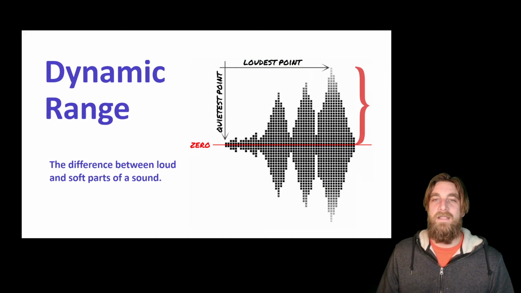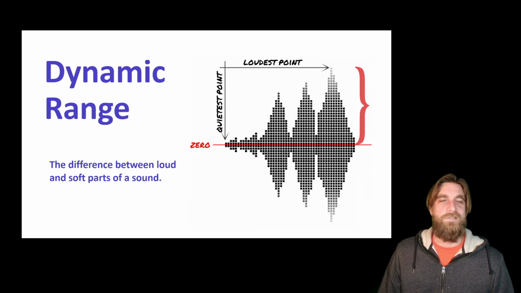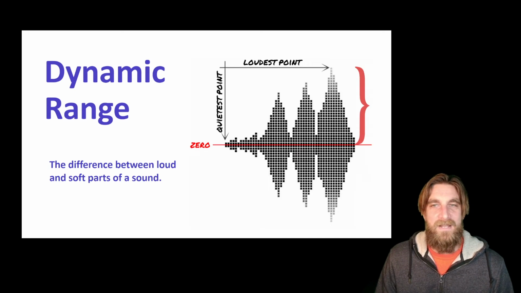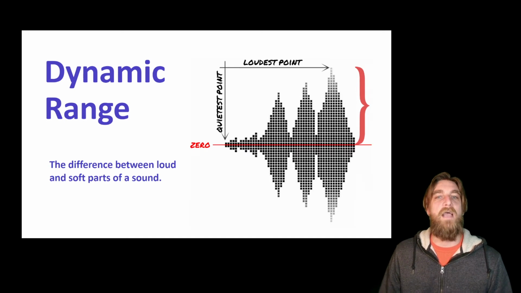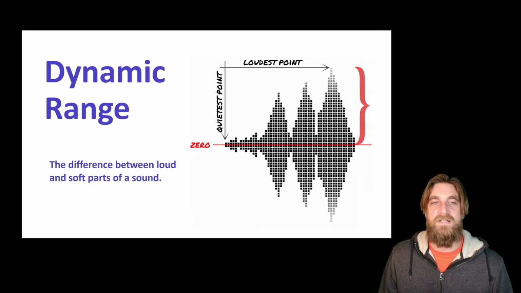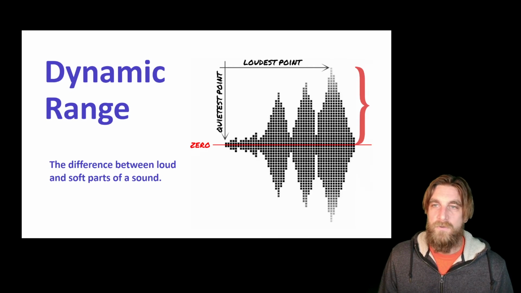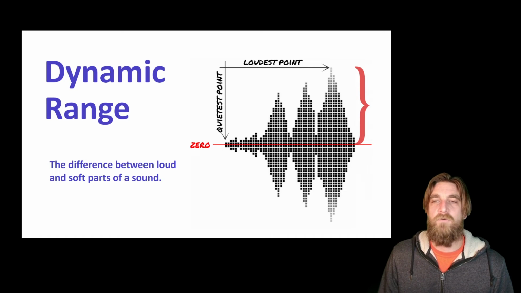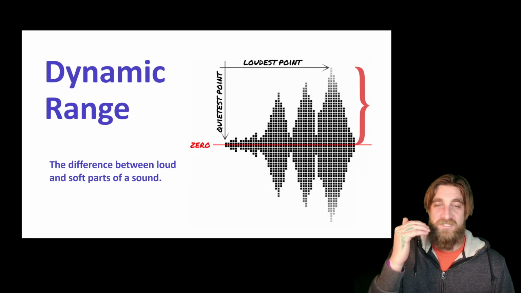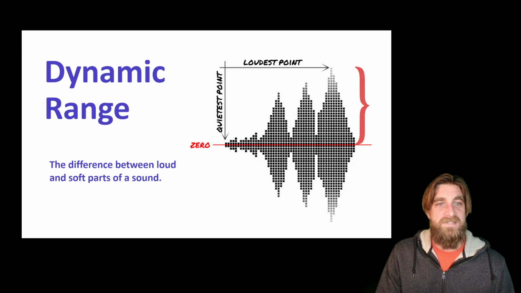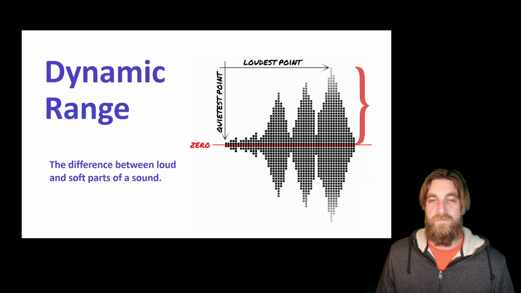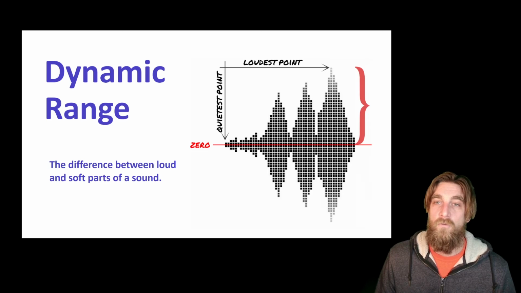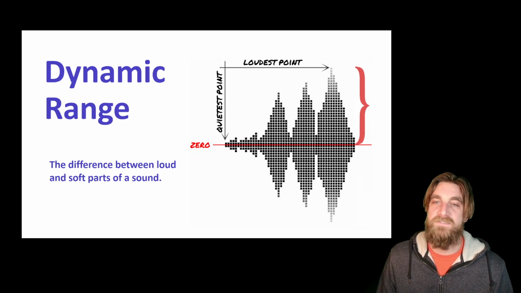Dynamic range is a very important part of sound. It's going to come back and we'll deal with it again and again, especially in audio processing. But dynamic range is the difference between the loud and soft parts of a sound. Now that can be an individual sound or it can be a group of sounds. The dynamic range of a school bell is very minimal because it's just loud, right? But the dynamic range of, say, an orchestral performance might be very wide because at one moment you